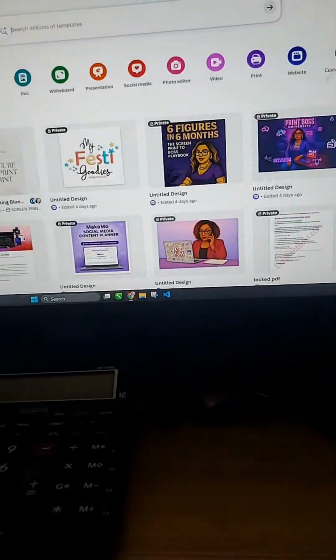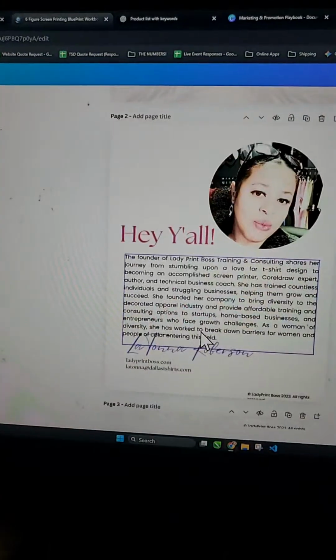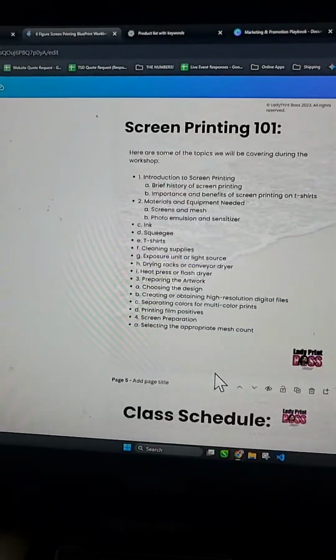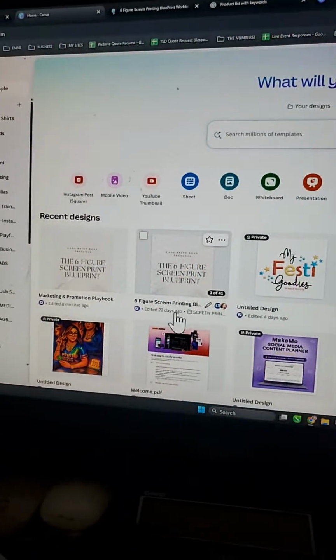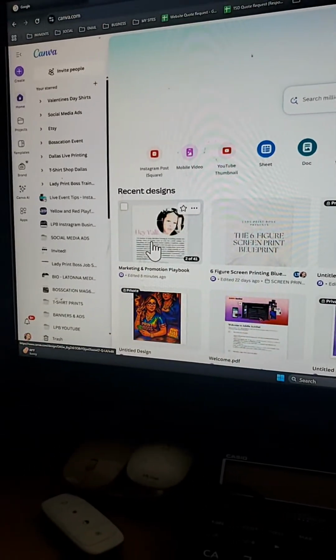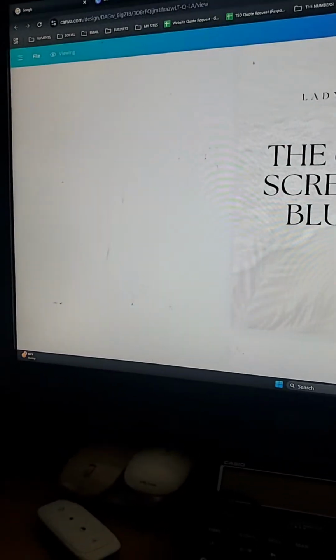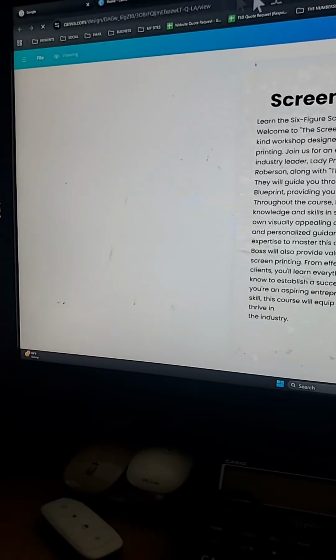So for me, over here in Canva, I have this one particular playbook. And what I want the connector to do is go in and just update this whole book, use this book as a template and update it by adding another book. But what you have to do is you have to go in and it makes a duplicate. So we have our duplicate here and it should be changing out the stuff that we have in there. However,